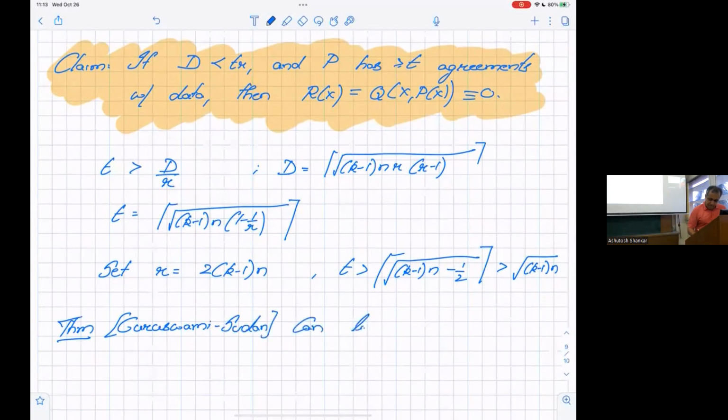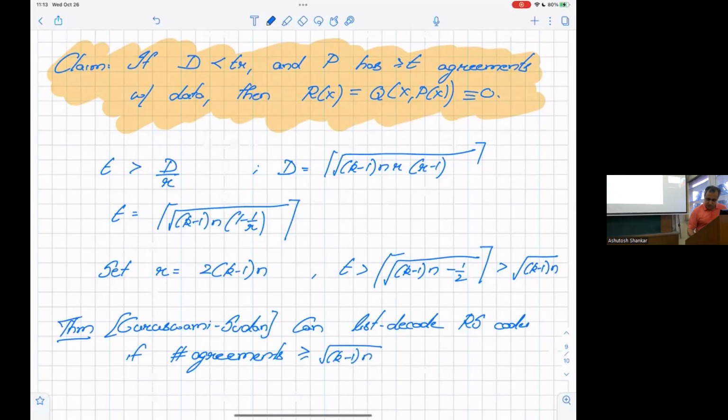Guruswami-Sudan, let's decode the following codes. If the number of agreements is greater than or equal to whatever, the rate is greater than or equal to 1 minus r, which is exactly